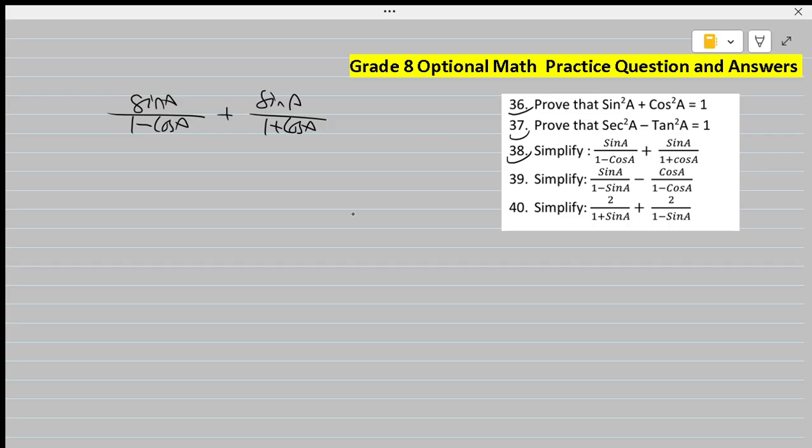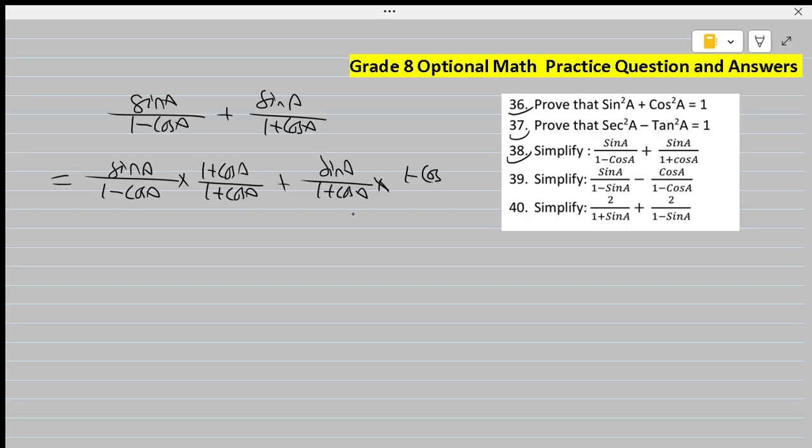As the denominators are different, we take the LCM of the denominators, which is 1 plus cos A into 1 minus cos A. So let's make both denominators the same: for the first we multiply by 1 plus cos A by 1 plus cos A, and in the second, which has 1 plus cos A, we multiply by 1 minus cos A by 1 minus cos A, is it? So let's write it in simple form: sin A into 1 plus cos A by 1 plus cos A into 1 minus cos A,